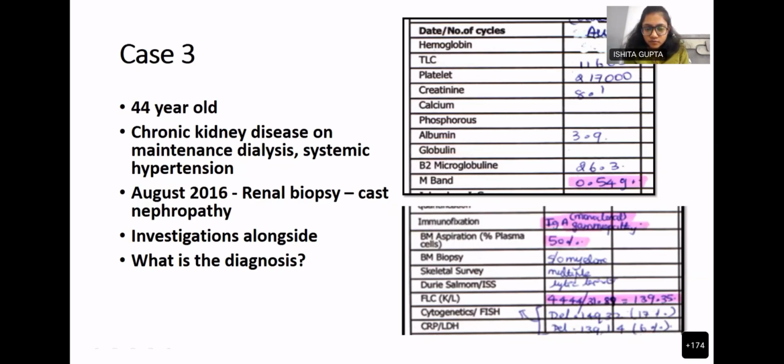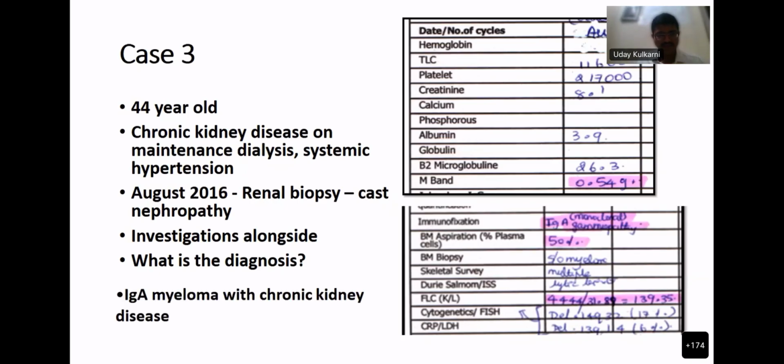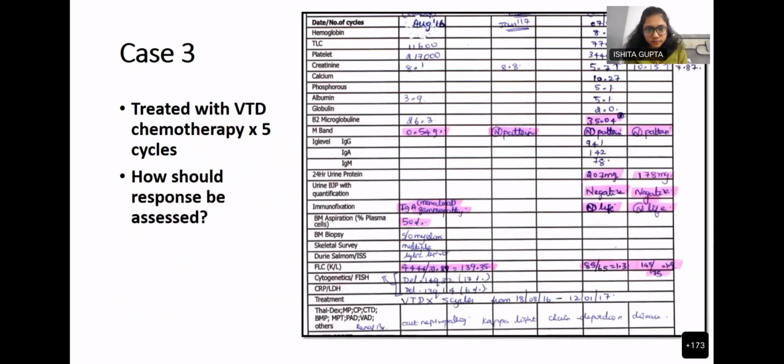So would you like to comment on the diagnosis here? So this is essentially, since the renal biopsy was done, which showed a cast nephropathy, even in absence of myeloma, this would merit treatment. But on the marrow, we got 50% plasma cells, so the ultimate diagnosis is IgA myeloma with chronic kidney disease. So we treated her with BTD chemotherapy 5 cycles, and because the M protein was small, we monitored